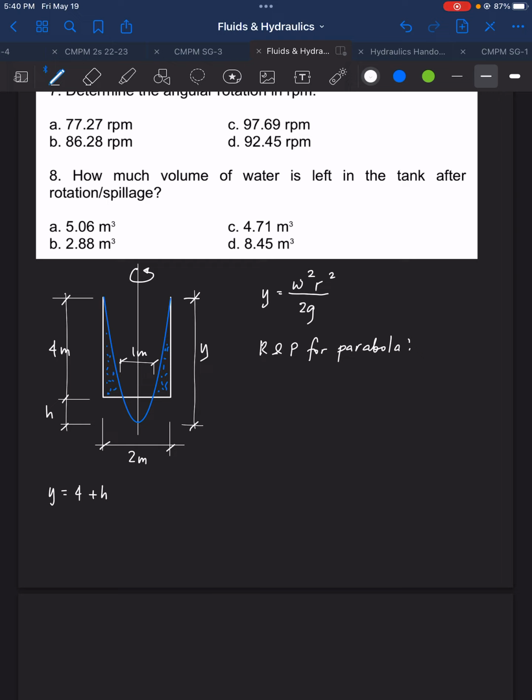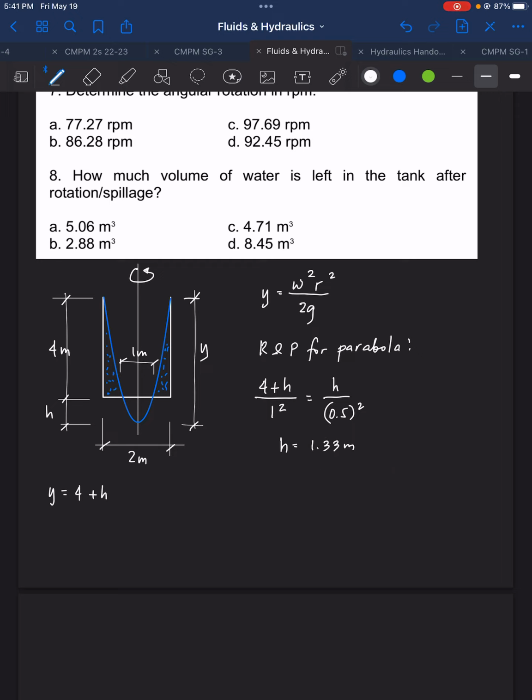The proportion for the parabola is height over the radius. So let's consider the bigger parabola. The bigger parabola has the height of 4 plus H, divided by the radius of the bigger parabola, which is 1 meter, and we will square that. It equals the height of the smaller parabola over the radius of the smaller parabola, 0.5, squared. So H now is equal to